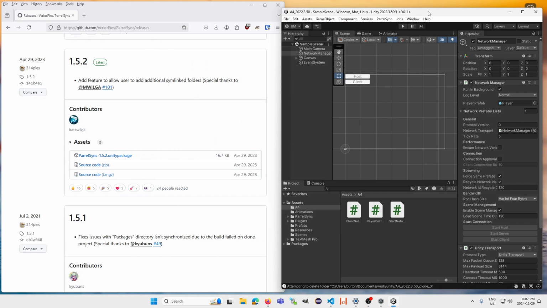Hello everybody, I've got the assignment 4 opened up in an older version of Unity here. So I've got it opened up in the 2022 version of Unity. I believe it will open up in the 2021 version of Unity, but I haven't actually checked. When you import the project into Unity, Unity should install all of the required